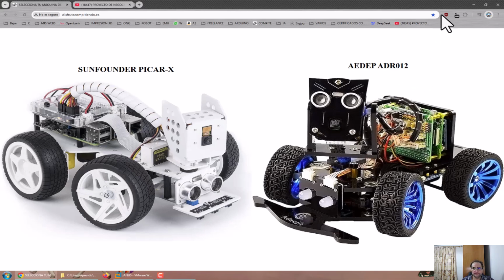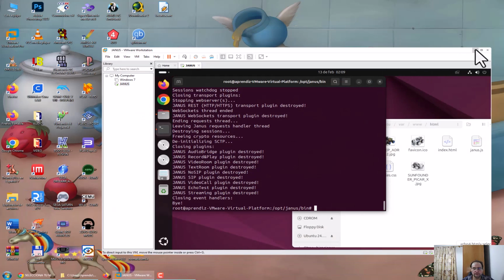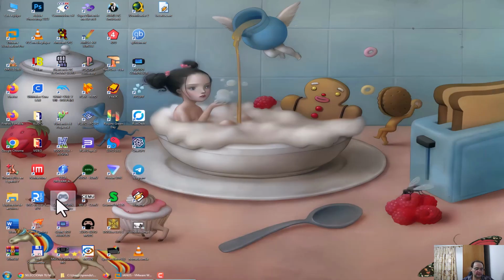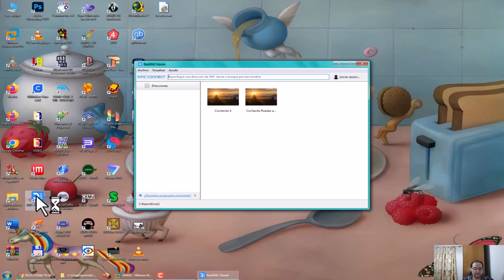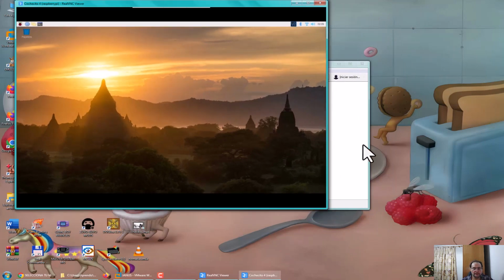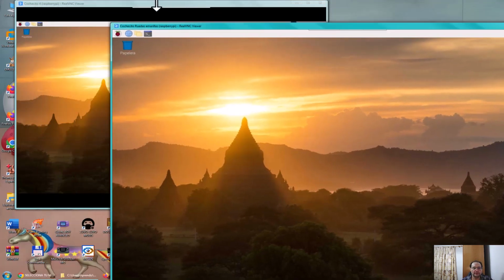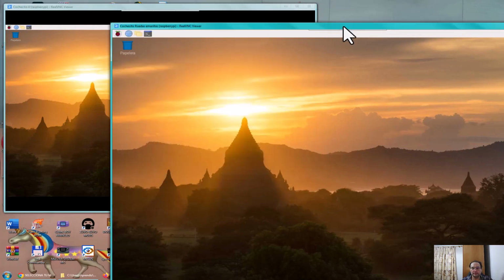So what happens is that in principle, I have 2 Raspberries connected right now, both to the Raspberry and to a virtual machine which has a remote control system installed. In the case of the Raspberry you can control it remotely by means of VNC. Here we have a Raspberry. Let's connect the second Raspberry. Here we have two Raspberries, and we also have